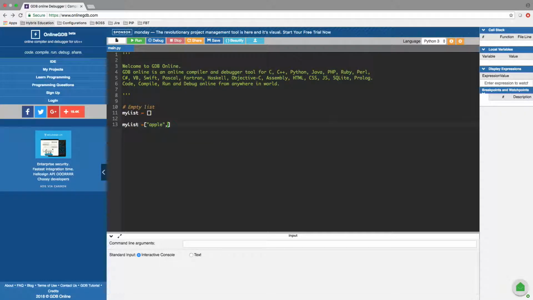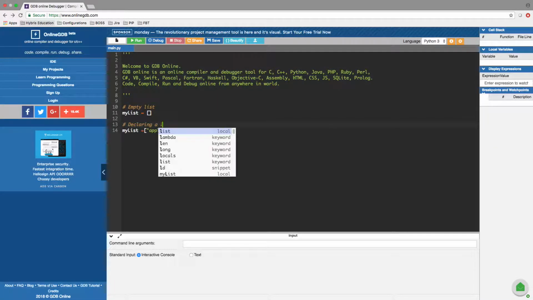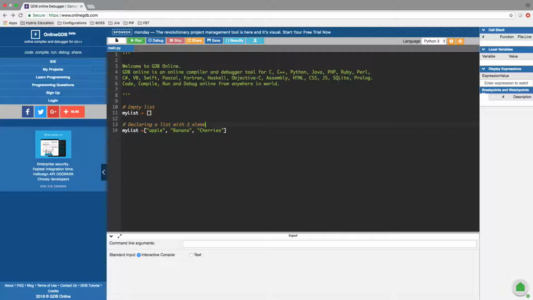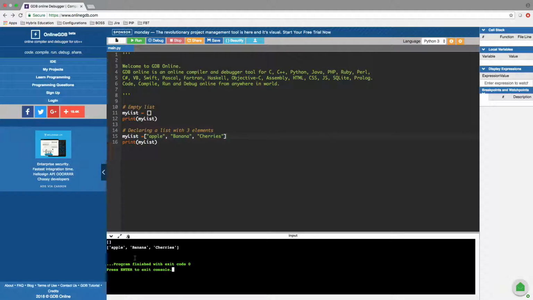apple, banana, cherries. So this is a list with 3 elements, right? Declaring a list with 3 elements. Okay, and the next thing we can do is print my list. So we'll print it after having it declared with 3 elements and when it was empty. So let's just quickly run it and we'll see empty, and then the one with 3